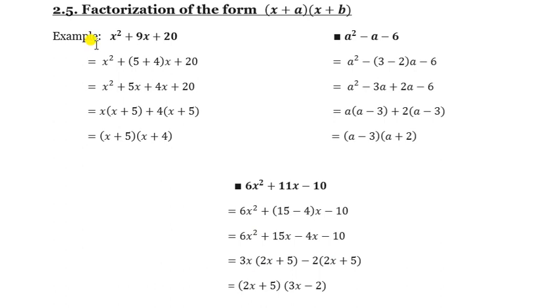So this is given: x² + 9x + 20. Try to listen here and try to make a note. It's very important. When you get this kind of expression, first you have to take the constant term and the coefficient of x², and multiply them. Here the constant term is 20, and the coefficient of x² is 1. So 1 into 20 is 20. Listen, it's very important. First you have to multiply your constant term and the coefficient of x².